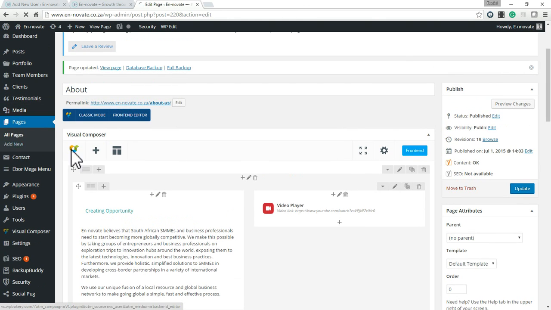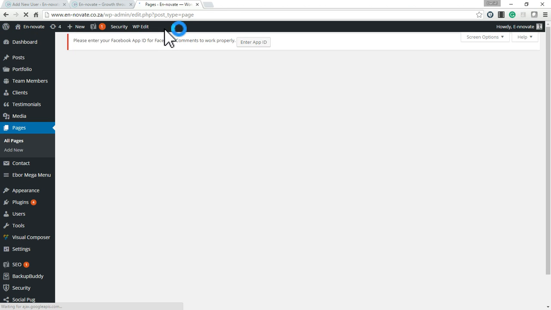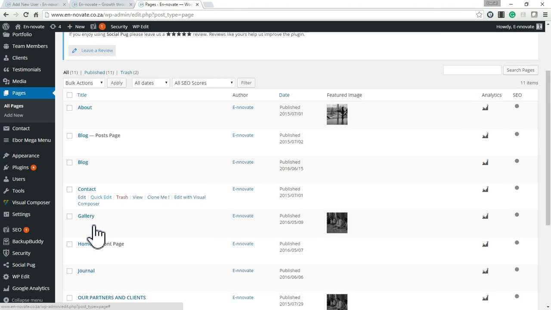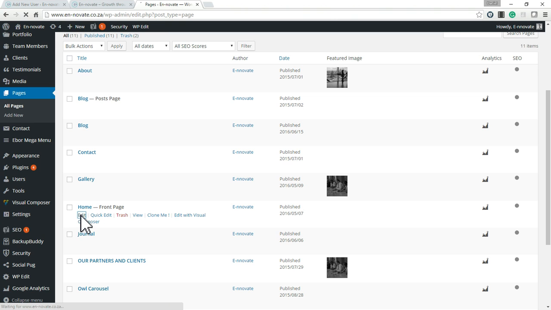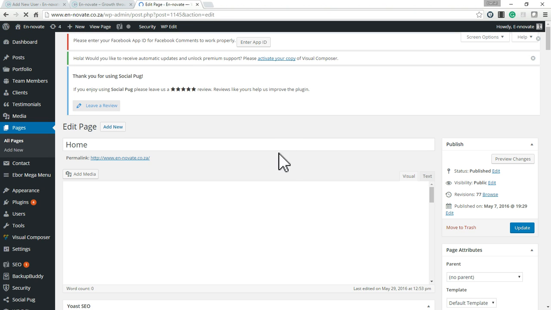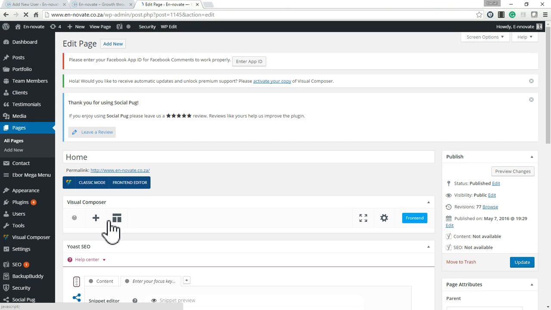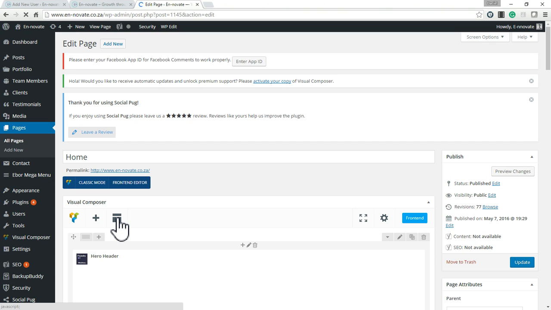Go to all pages. And then find the home page, click edit, and then what you want to do is create a template for this page. So you click on this icon here,